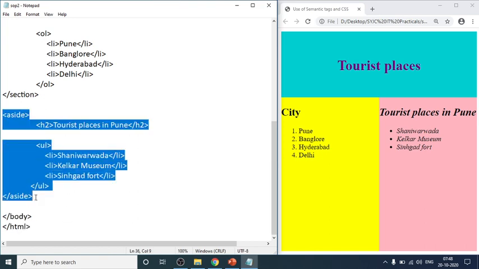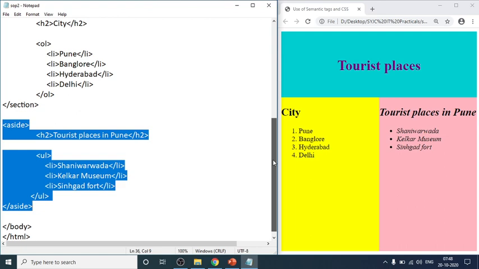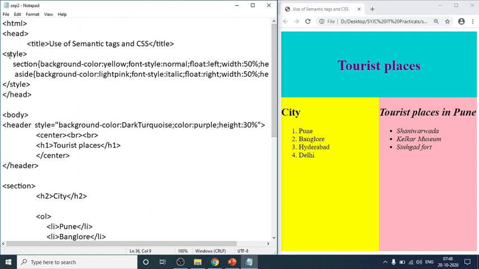So this will display your right section, but to display this background color as pink and font style as italic, we have to write some internal CSS in your head section. So let us see that. In the style tag, for the aside selector, we write curly brace open, background-color: lightpink; font-style: italic; this is the second property.